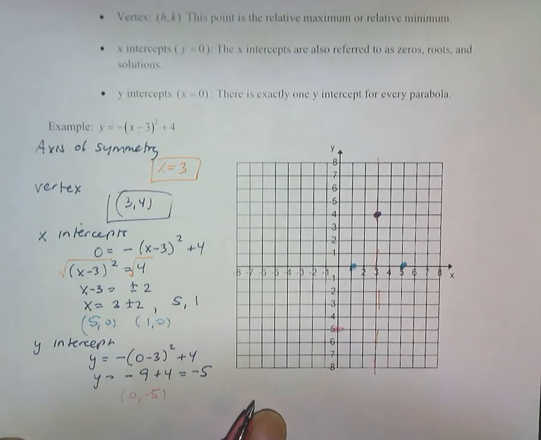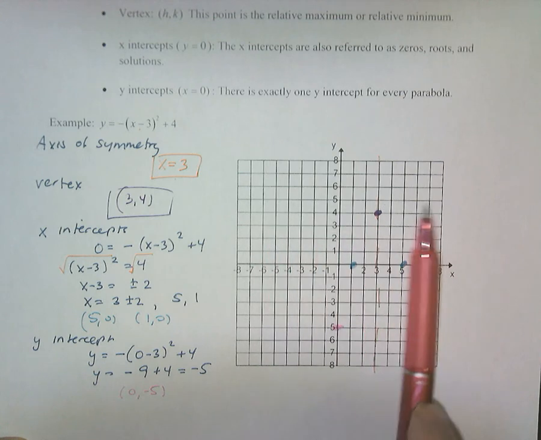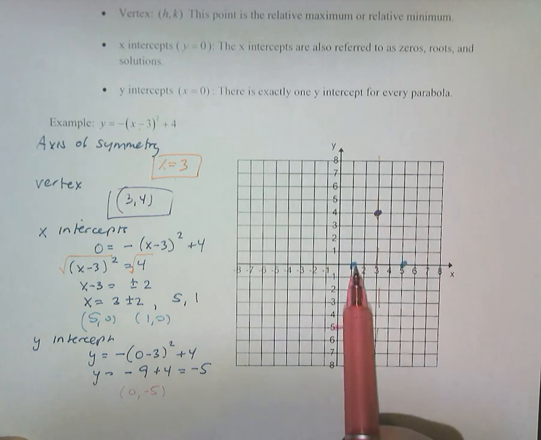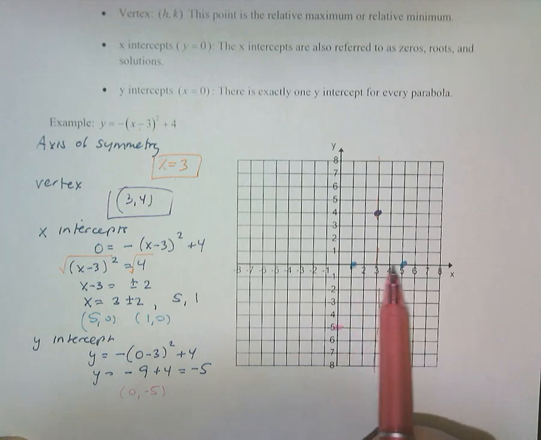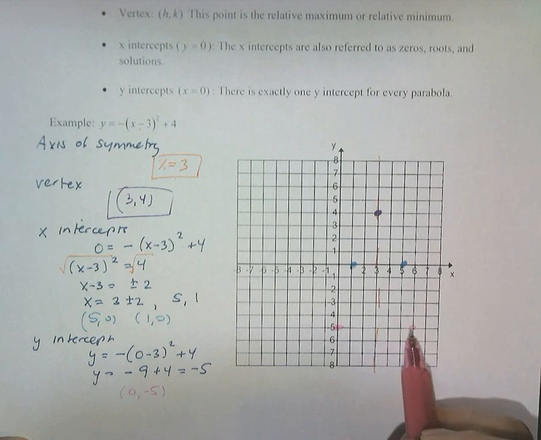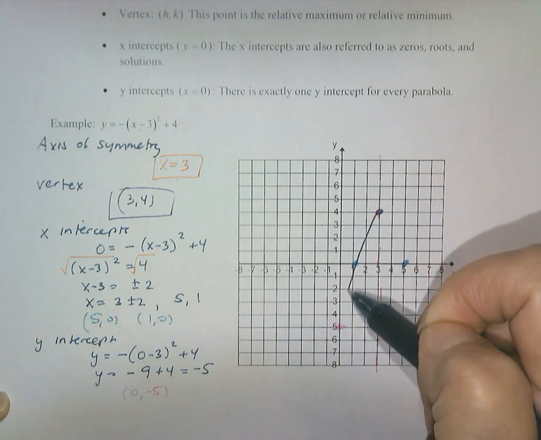And what's nice about this axis of symmetry is everything's exactly the same on the left side as it is on the right. So this vertex, then I've got these x-intercepts. This is 2 away from the axis. This is 2 away from the axis. This y-intercept right now is 3 away. So I can go 3 away to the other side. And it's not a y-intercept, it's just another point. And when I graph it,